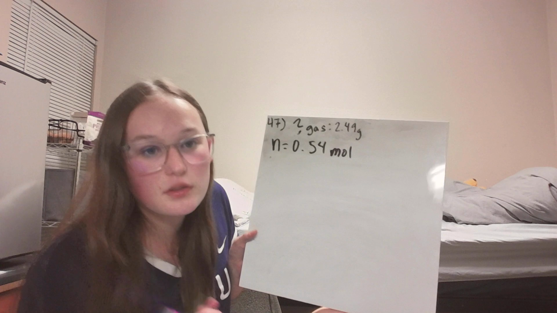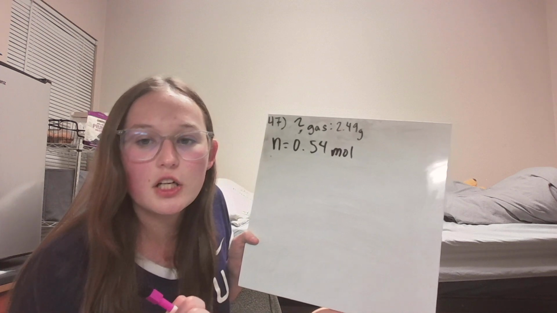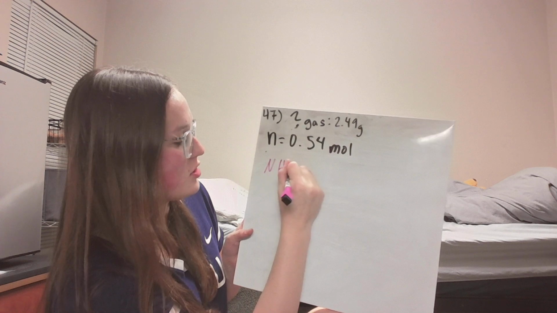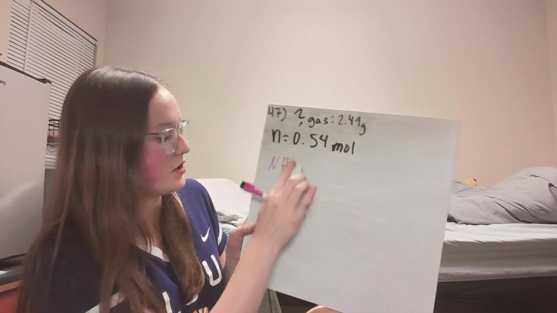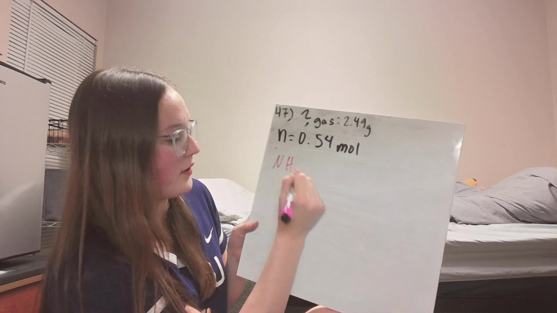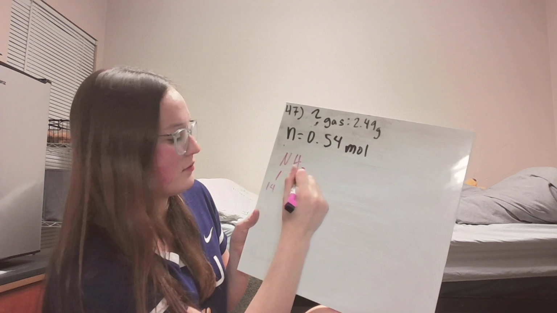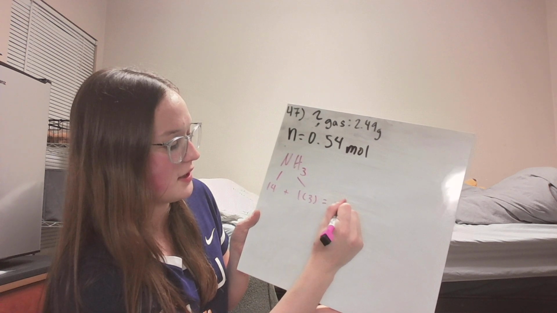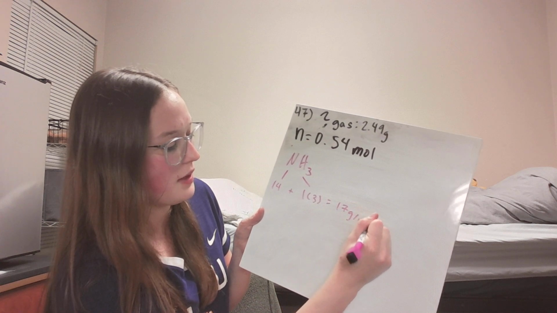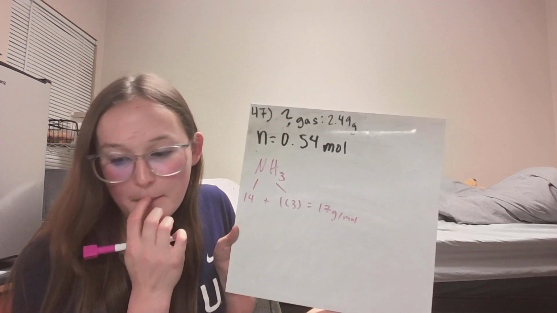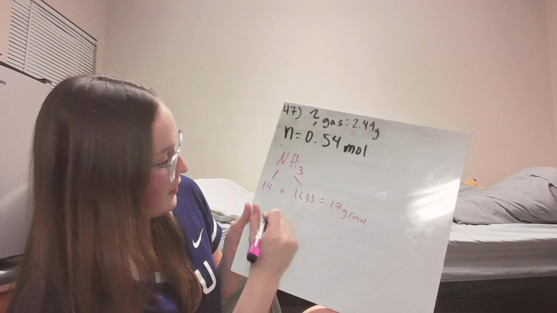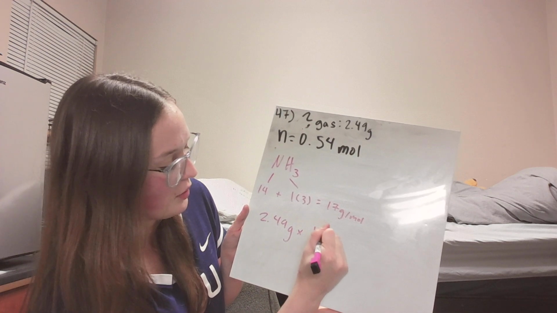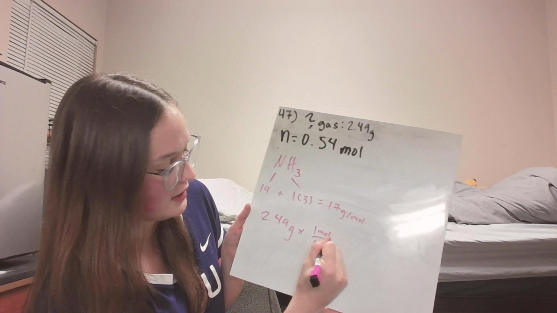Now, let's move on to NH3. So nitrogen is about 14. Hydrogen is about 1 times 3. This is 17 grams per mole. Maybe we're in the ballpark. Maybe. Who knows? 2.49 grams times 1 mole over 17 grams